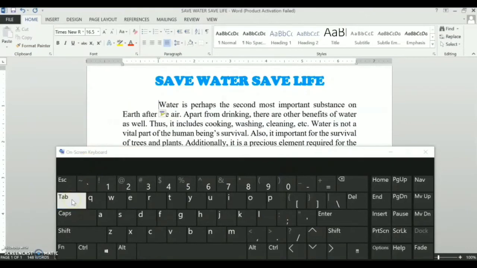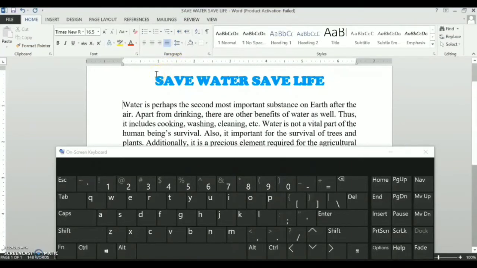Why? Because I have selected 1 inch value in the text box. So the purpose of the tab key is to give indent. It is the easiest way to give the indent in your paragraph.